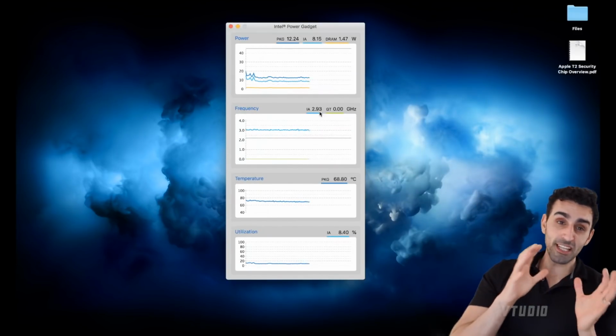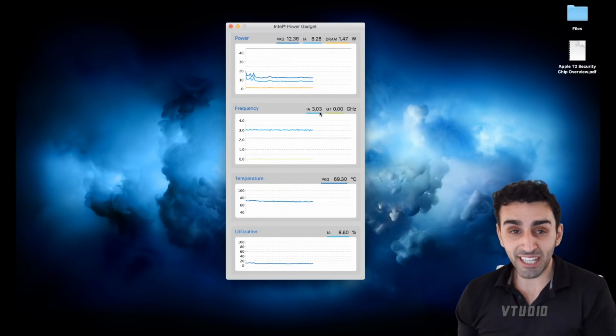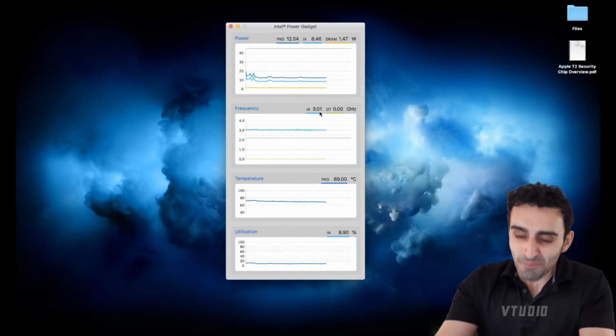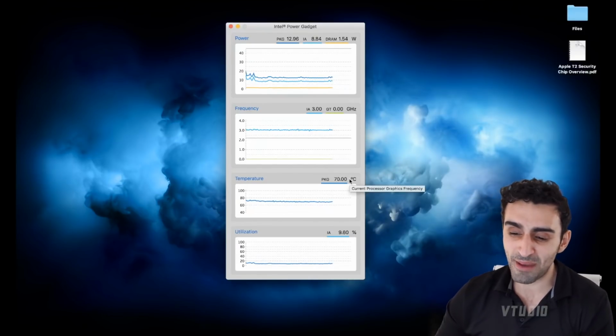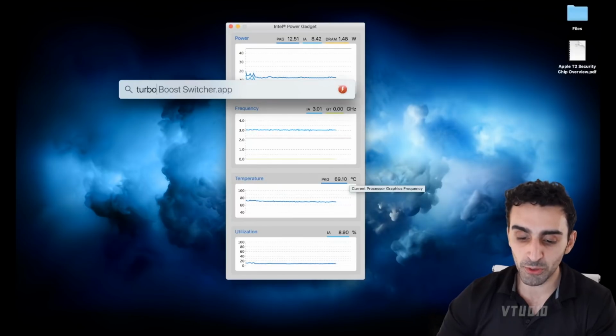Now that one runs its base clock speed at 2.2, but it is turboing at 3 gigahertz, which means it's going to use more energy than its base level. So to mitigate this whole situation, I'm only using 70 degrees at the moment, so it's not that bad. But if I launch an app called Turbo Boost Switcher,